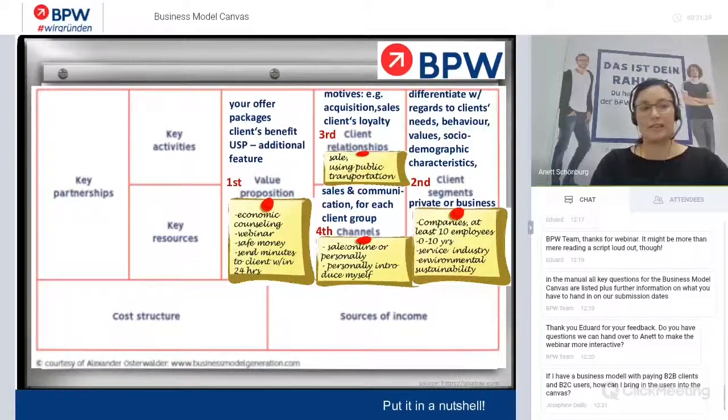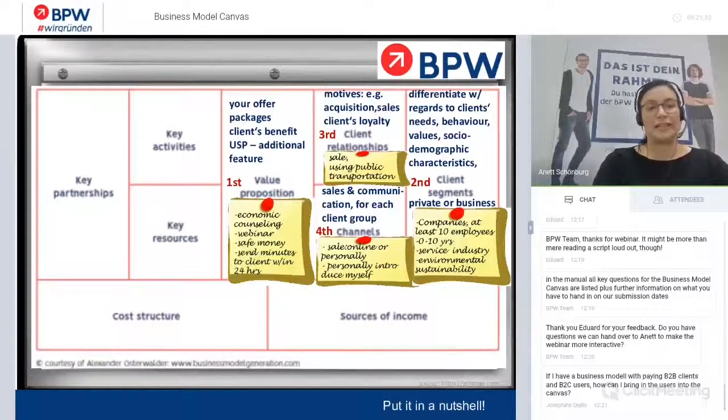When it comes to the channels, please describe how you would like to appeal to and reach your clients in order to sell your product and/or service. In doing so, please distinguish between communications and sales channels. These channels are the interface between you and your clients and an important requirement for client satisfaction. Key questions on channels are: